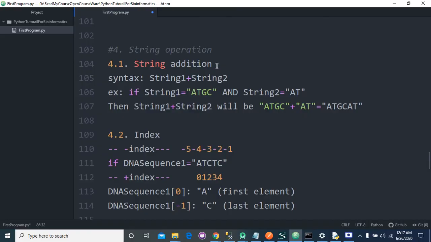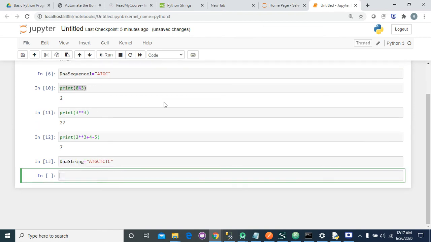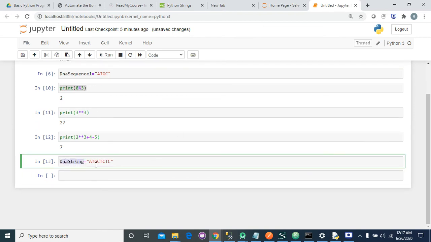Firstly, I will show you how to create a string. We have declared a variable DNA string having ATGCTCC as the sequence.